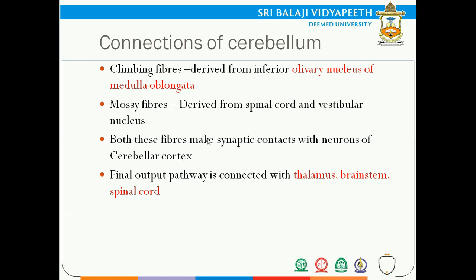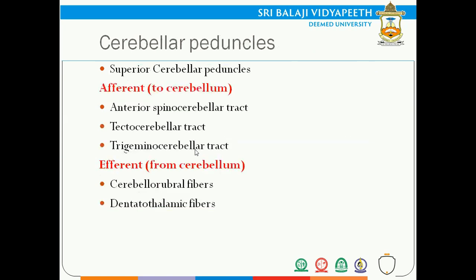So the purpose of these tracks is to connect the cerebellum to the midbrain, to the pons, to the medulla oblongata, and also downwards towards the spinal cord. So all these areas are getting connected with the cerebellum, and coordination of activities is happening. Now, I told you the cerebellum is getting connected with the midbrain, pons, medulla oblongata, and the spinal cord. How are they getting connected? I said it is getting connected through the tracks.